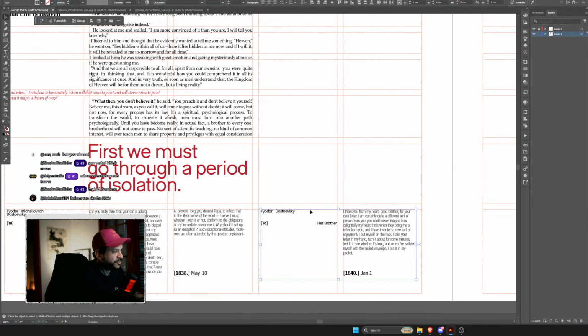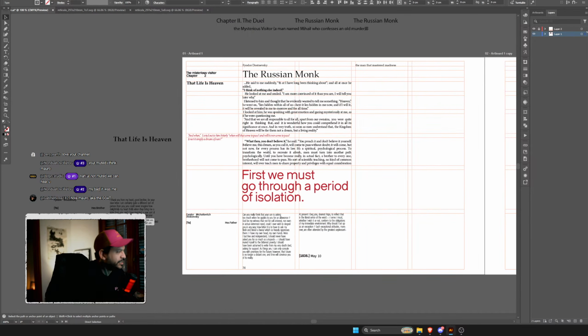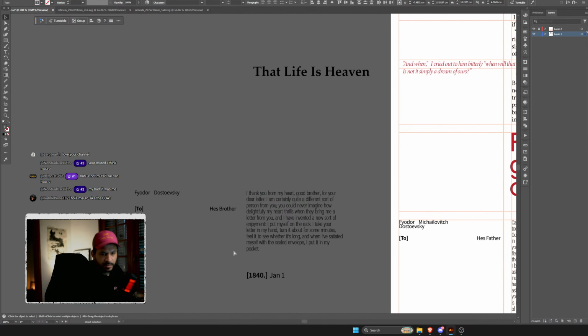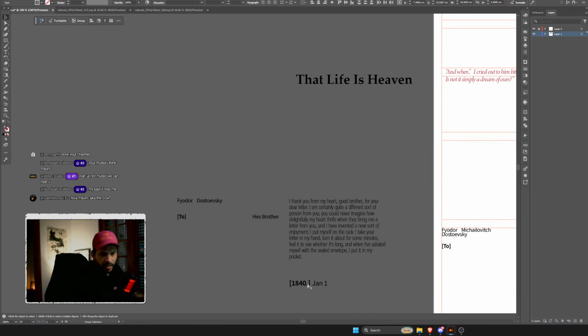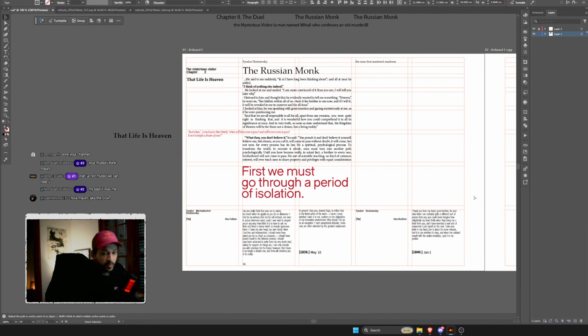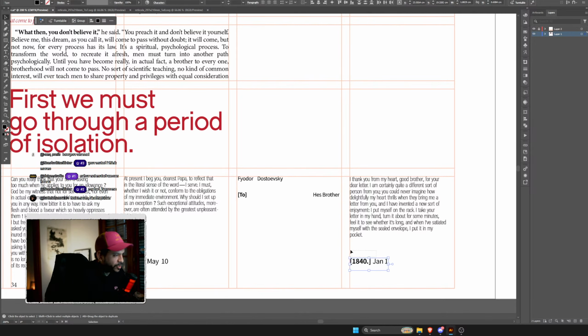And this is the specific formatting that I'm giving the letters, right? So the letters are always going to have this formatting, in which is who wrote it to who, the content of the letter, and then at the end we finish it with the year and the date, right? So that's the formatting we're going to give the letters.